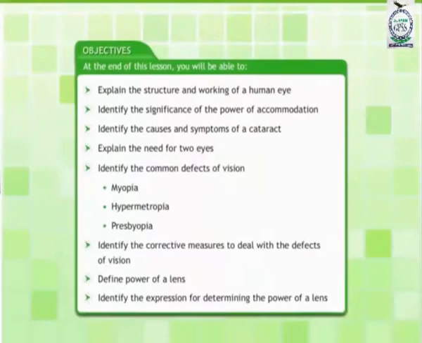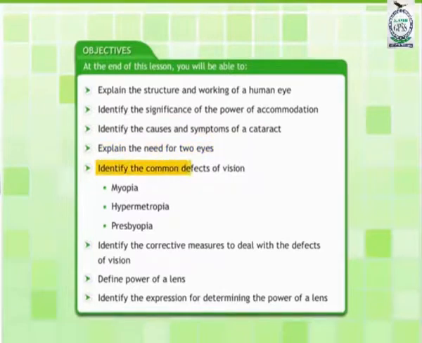At the end of this lesson, you will be able to explain the structure and working of a human eye, identify the significance of the power of accommodation, identify the causes and symptoms of a cataract, explain the need for two eyes,